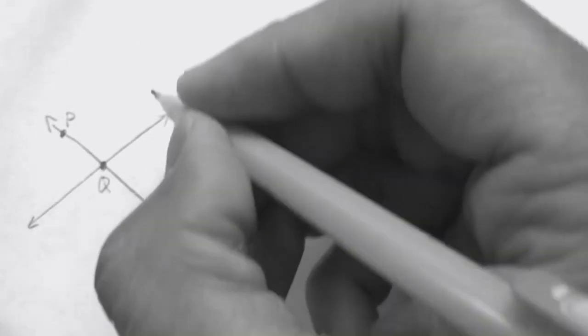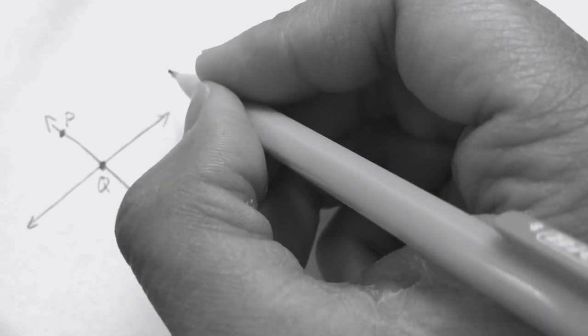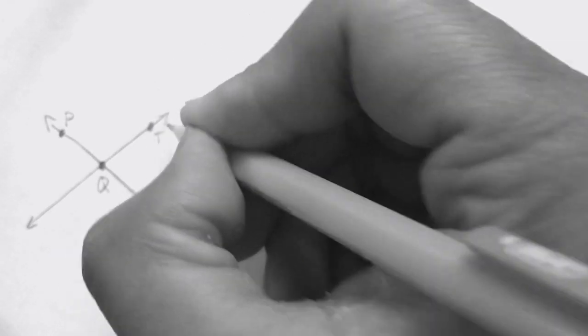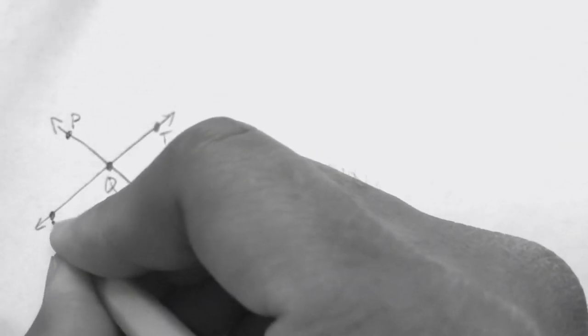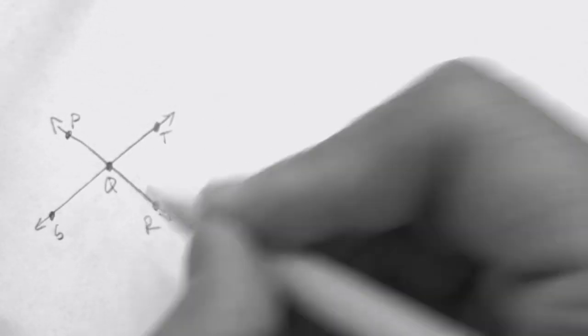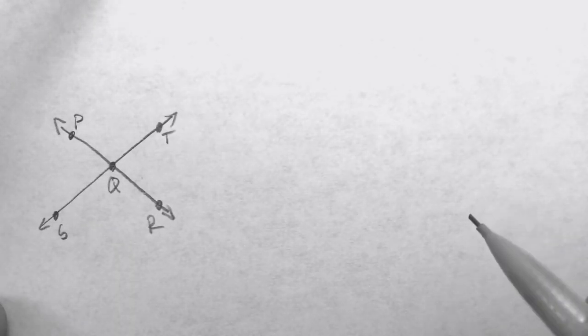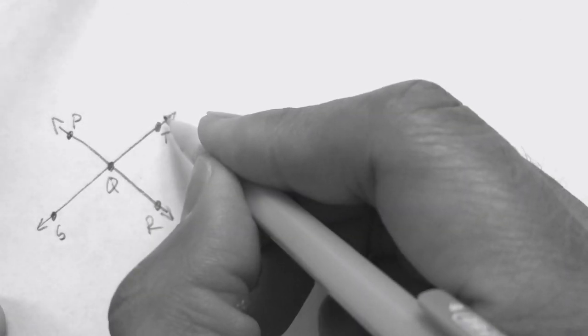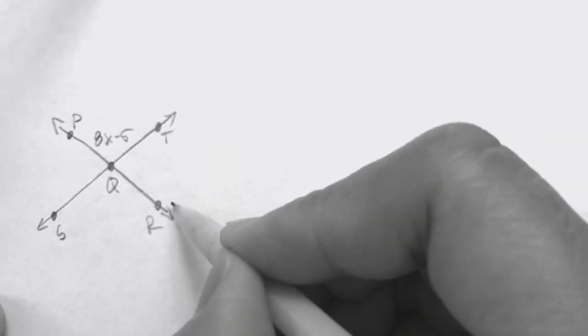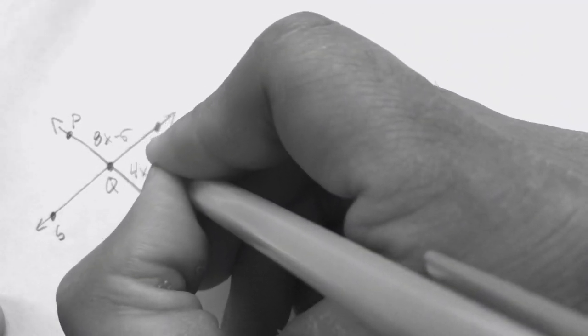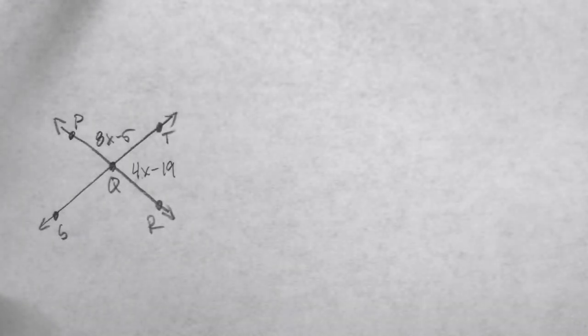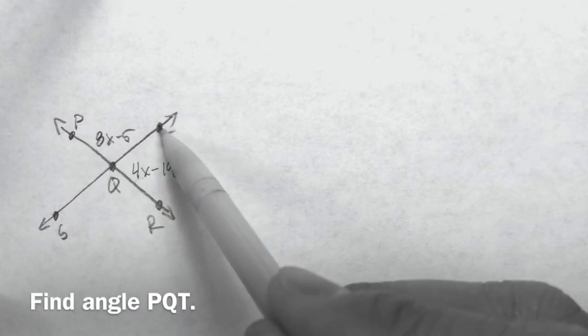We've got some points on there: P, Q, T, S, and R. If the measure of PQT is 8x minus 5, and TQR is 4x minus 19, and we want to find PQT,